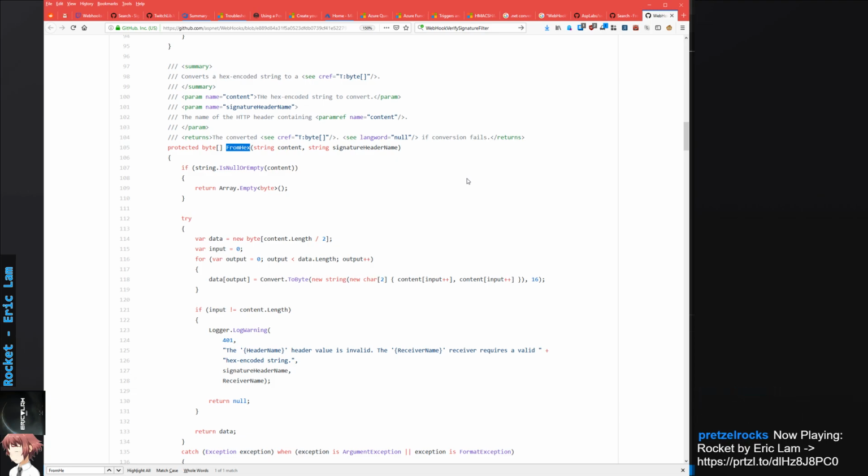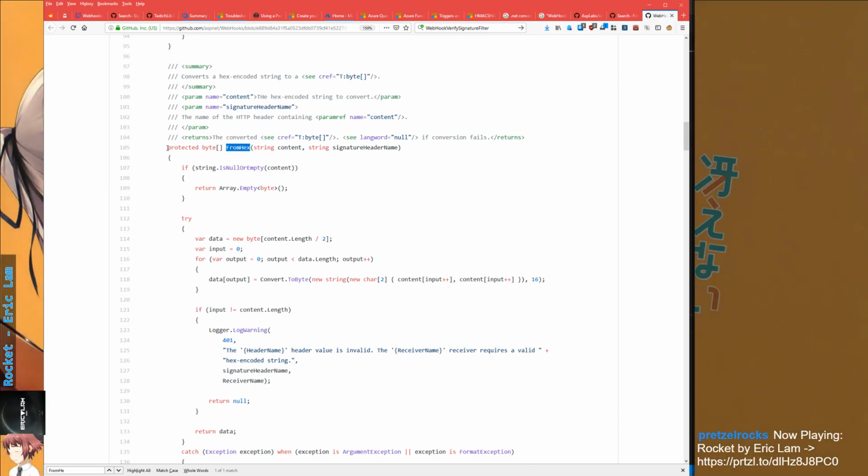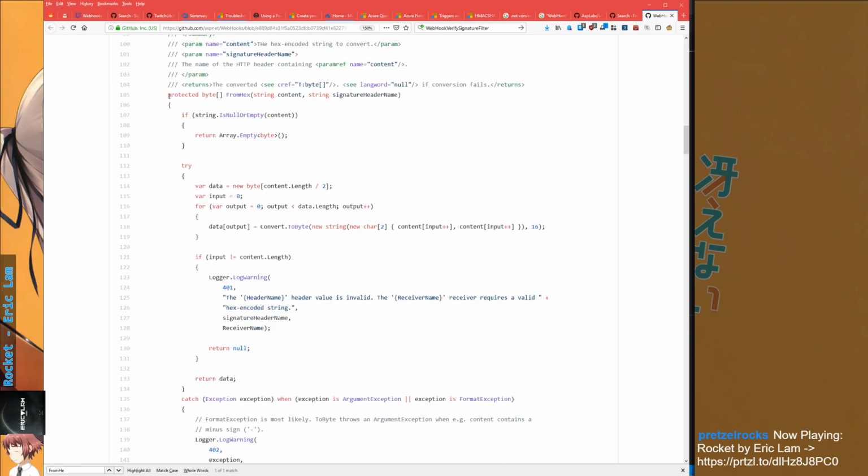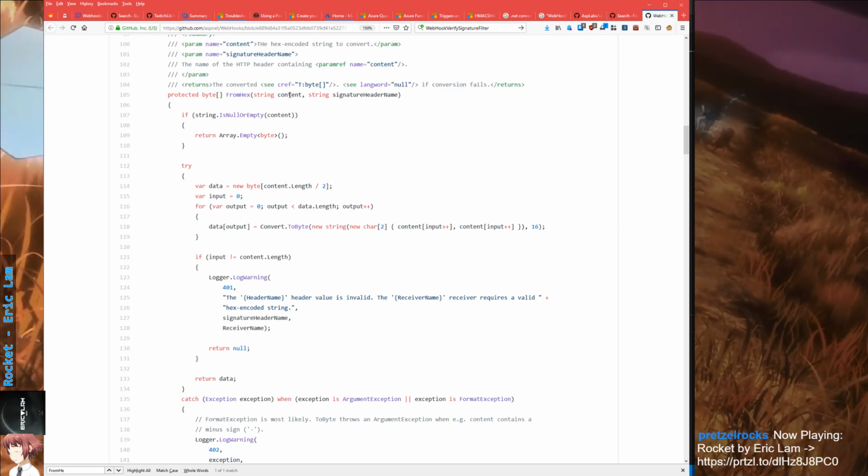Whatever. And the way that this function or method that they have in the original library works is that it takes in the string and the content header name, and it